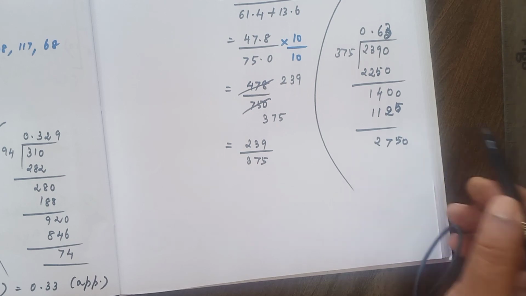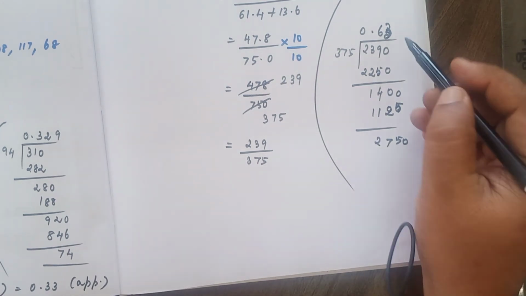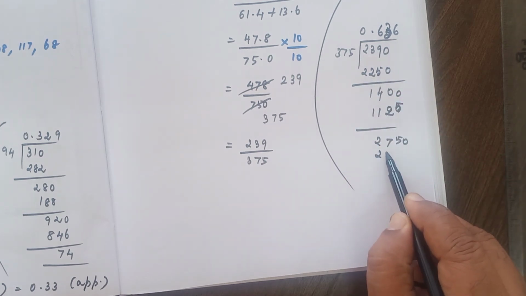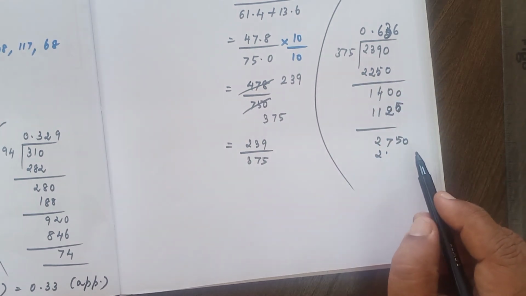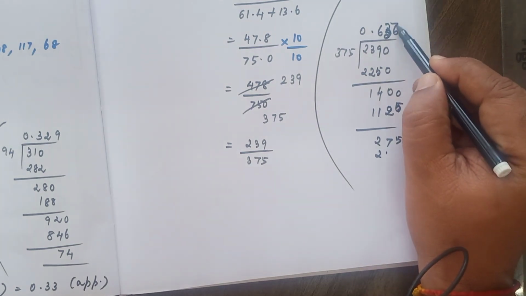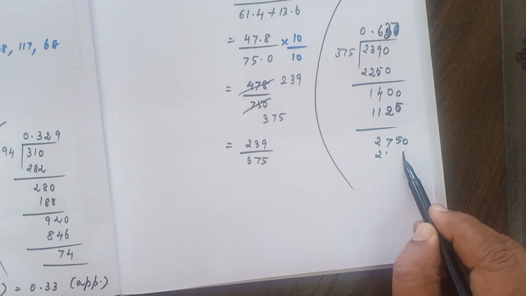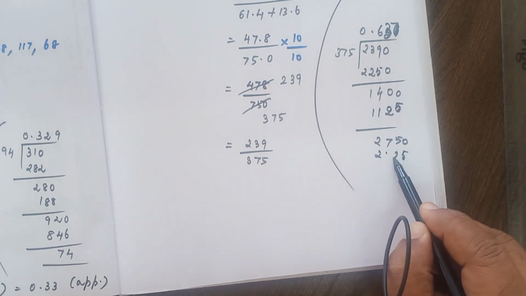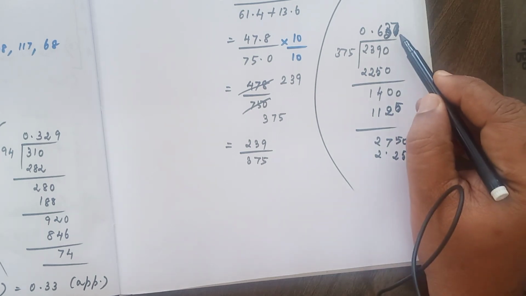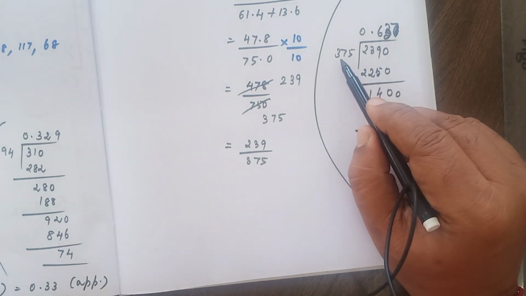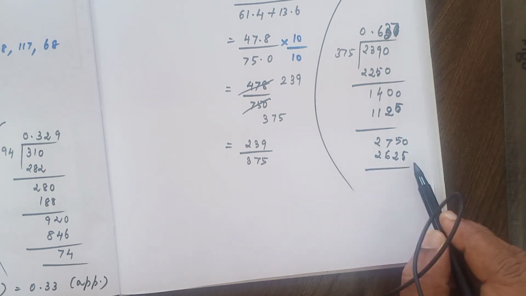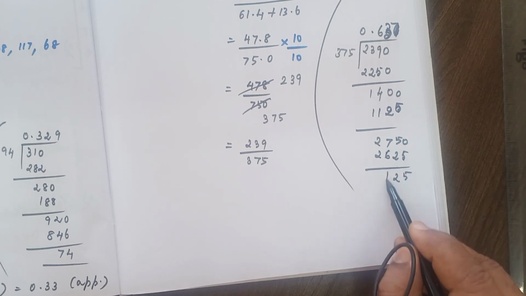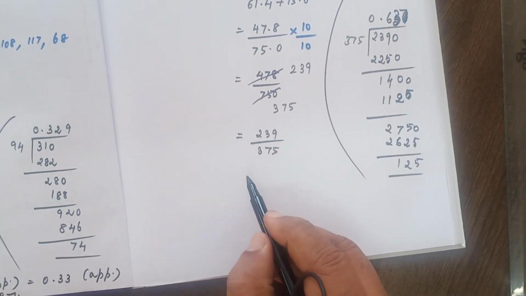Then one more 0. We can go for again 6 times only. Already have multiplied. 6 3s are 75, 2 2 50. Here it is 2 2 50. Even you can go for 7 times. 7 5s are 35, balance 3, 7 7s are 49, 49 plus 3, that is equal to 52, balance 5, 7 3s are 21, 21 plus 5, that is equal to 26. Okay, now 10 minus 5, 5, 4 minus 2, 2, 7 minus 6, 1. Enough. That is equal to